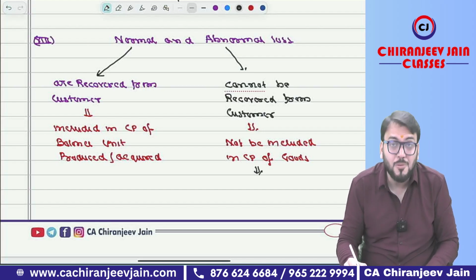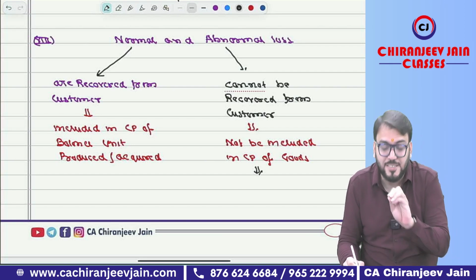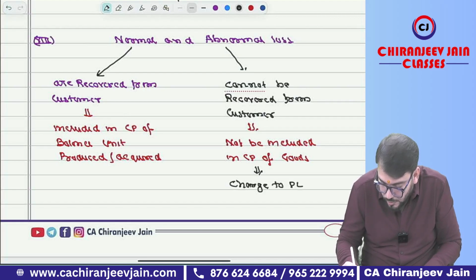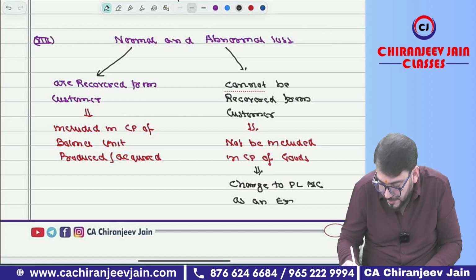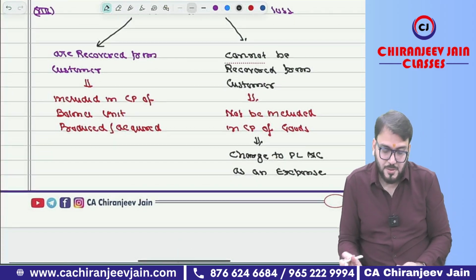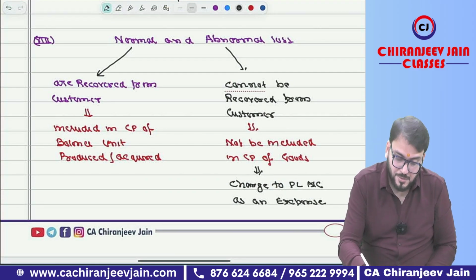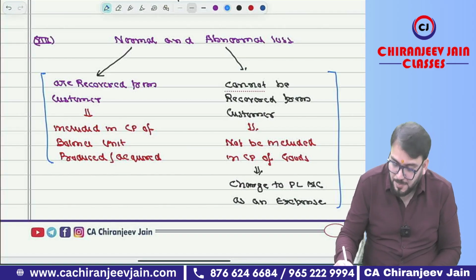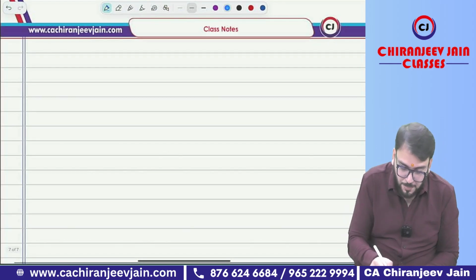It means this abnormal loss will be charged to profit and loss account as an expense. Correct? This is the explanation part. Now let me explain you. Suppose